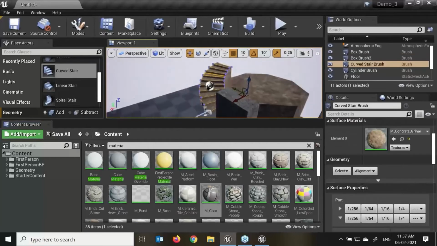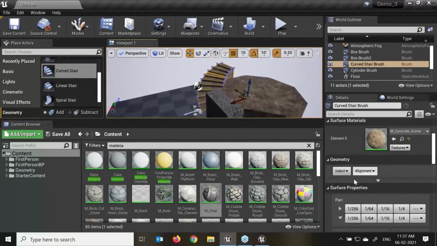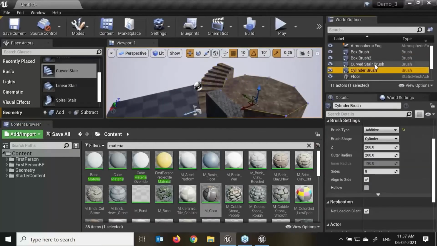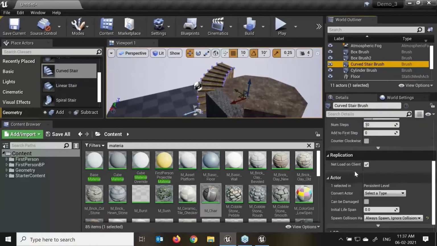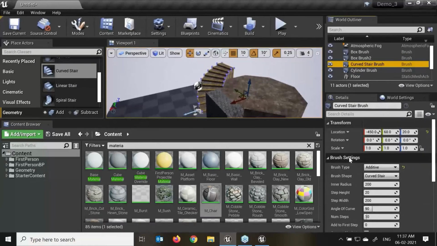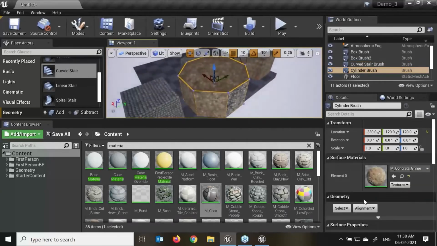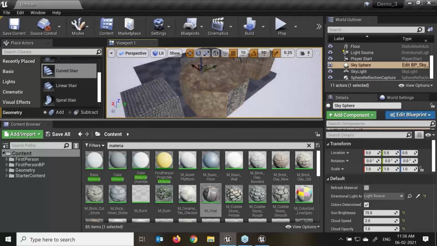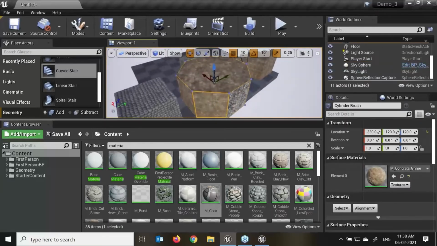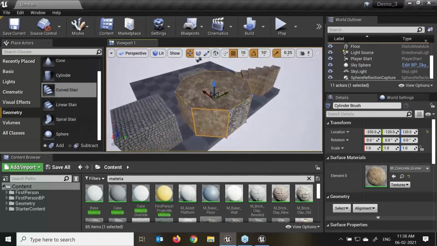When I select my brush types, here we can see there are different options for the geometry. If I select this object, I'm not able to see the properties. If I want to change this particular face, you will see I have not selected that object, I have just selected this particular face of this polygon.